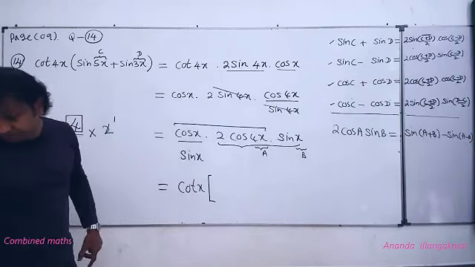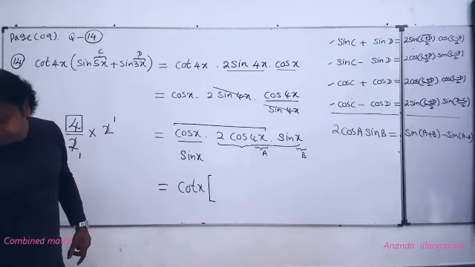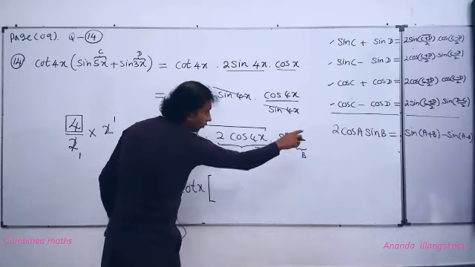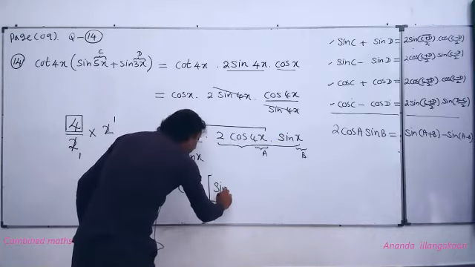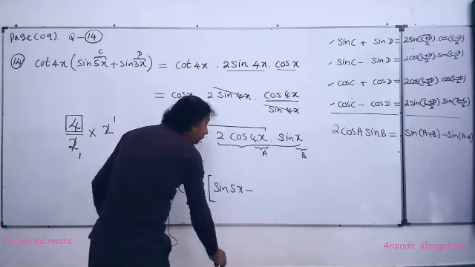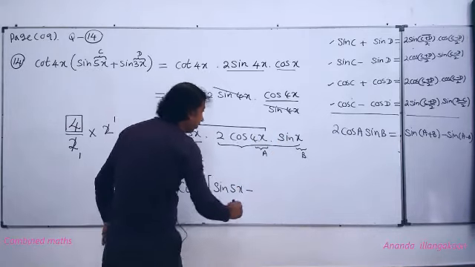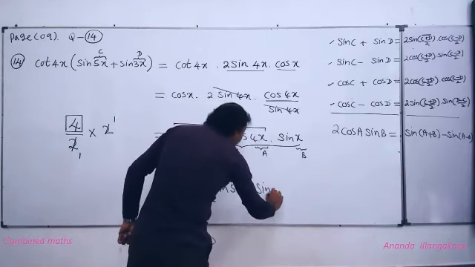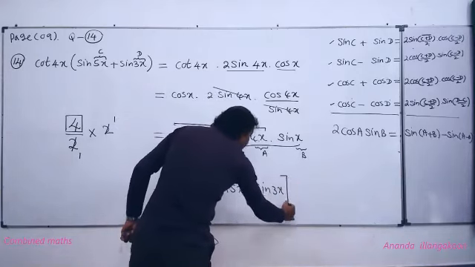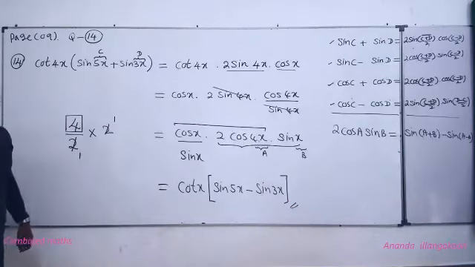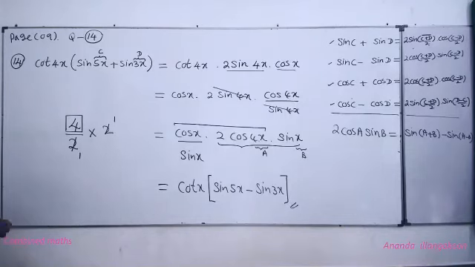Then you get this answer. 2 cos A sin B means sine A plus B, 4x plus x, 5x, minus sine A minus B, 4x minus x is 3x. Correct, no, people, the answer is coming, no? cot x into sine 5x minus sine 3x. Right. Okay, people, then